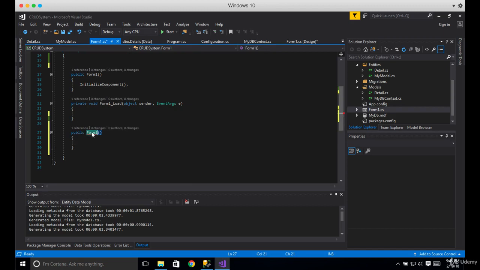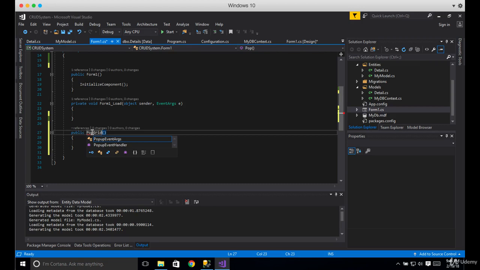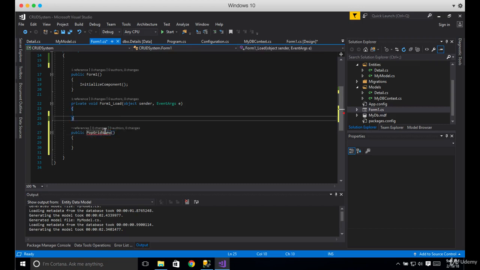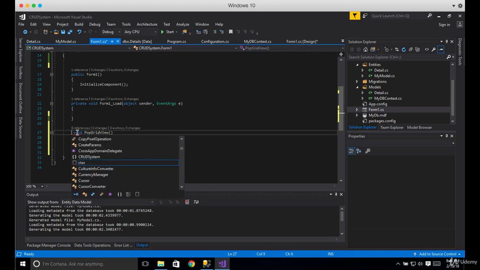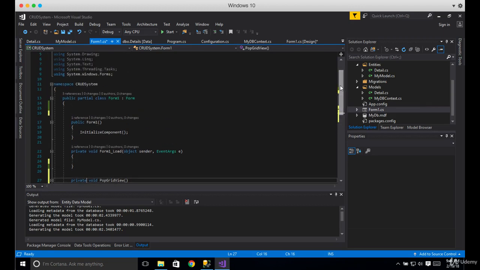Okay, this will be PopGridView, and then public void. It should be private. I want this to be private because we're only going to access this within this form. So one thing that we need to declare here, so that we don't need to declare this in the future or future videos, then we need to